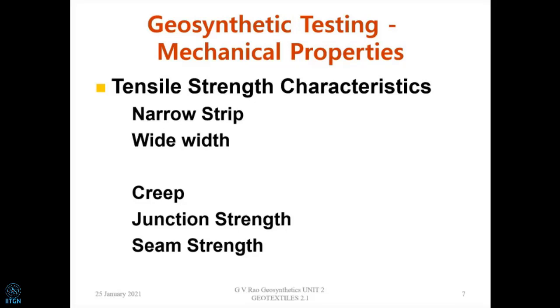With all the things, they found that the strength of the material varies widely if you simply change the length and width of the sample. So what is the ultimate value? The ultimate value, they said, is that we should use a 1 meter width. Now, when you say a 1 meter width of the sample, and if the capacity of this is going to be, say, 1000 kilonewtons, that means we need test equipment which has that 1000 kilonewtons capacity.